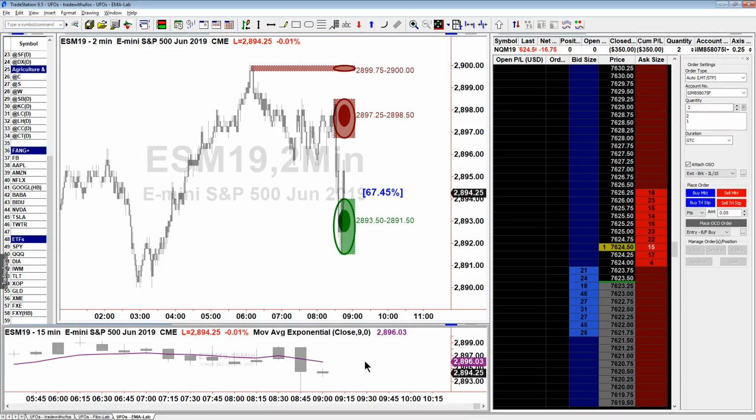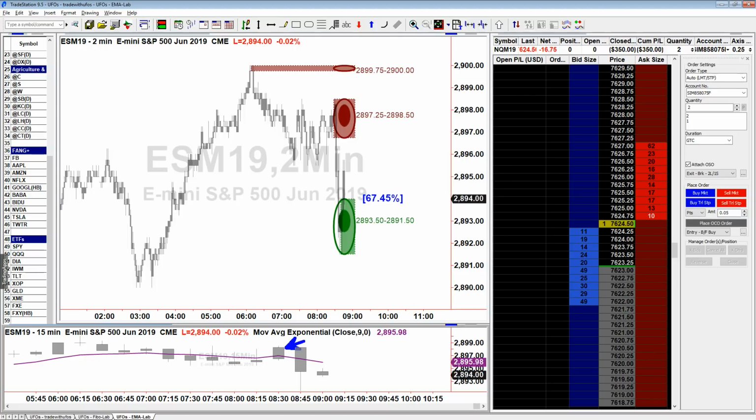So I want to check the S&P, not only because it went down and we hit our stop, but because it's 9:45 a.m. Eastern time, and therefore we just had a close below the average. The close prior was above the average, the close we just got is below, so we have a new definition for what the trend is. We are now in a downtrend.